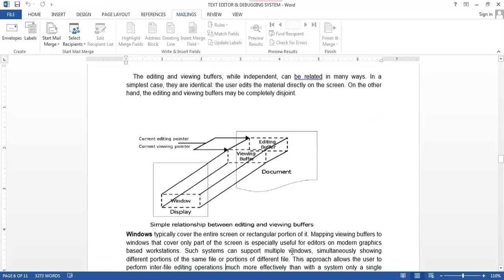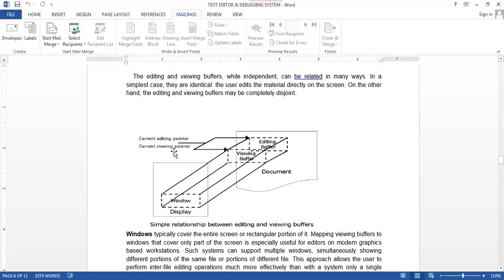See here, this is our display. One is an editing buffer, one is a viewing buffer. The current editing pointer and the current viewing pointer are at this position. The current editing pointer, where we want to start our editing, will be stored in the editing buffer.